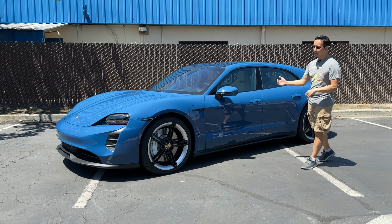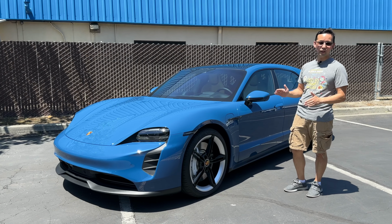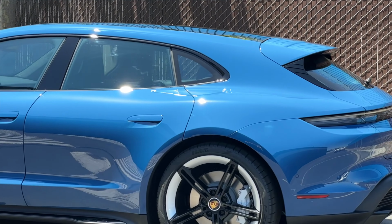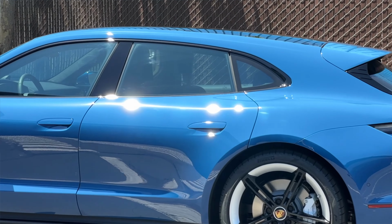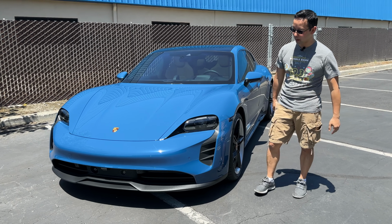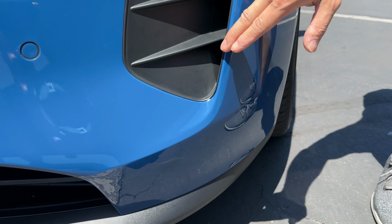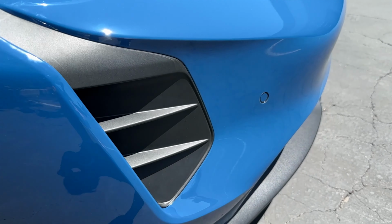Now, as far as the paint is concerned, we protected every single painted panel on this car with ClearGuard Alpha, the best optical clarity and gloss PPF in this industry. Everything is custom installed, so as an example, this front bumper over here, there are no relief openings. All the edges are wrapped wherever possible, and if it is not